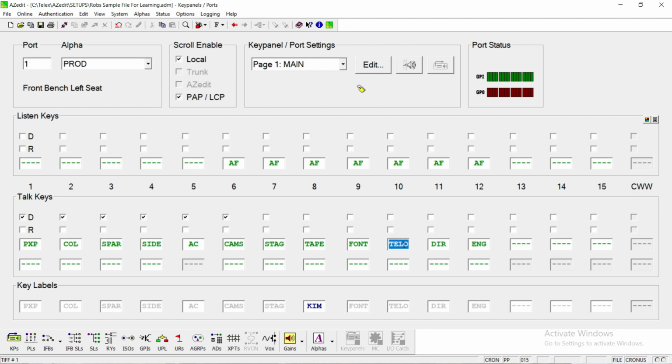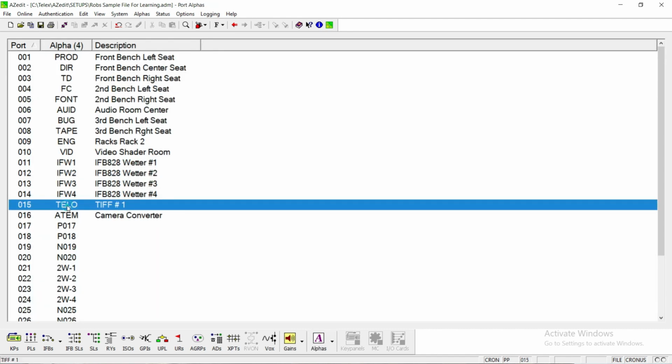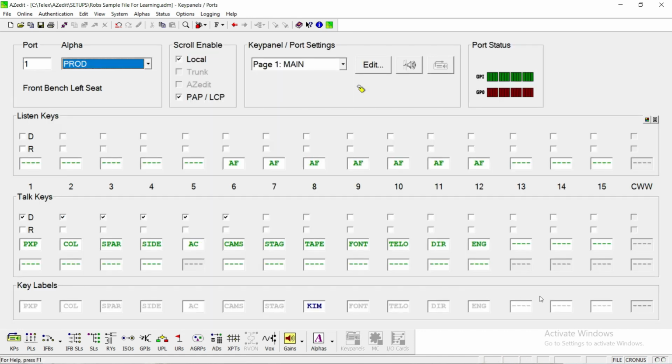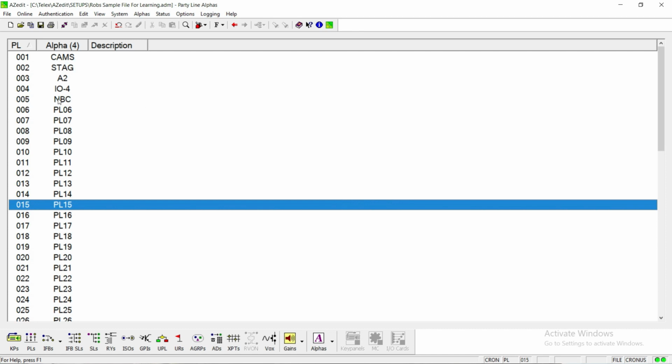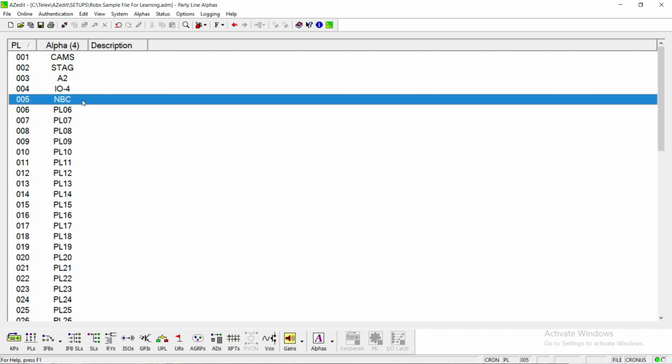Okay, so what I have done here is, if you'll remember, names, tello, is this telephone hybrid. All right, it's a telephone line. You might connect to master control or to some other outboard reporter or something like that. In this case, it was put in this port, in this panel, as a point-to-point. All right, what we could have done, and I bet you'll see evidence of this as well. Yep, here, NBC. Now, this NBC was the network that we were on, and